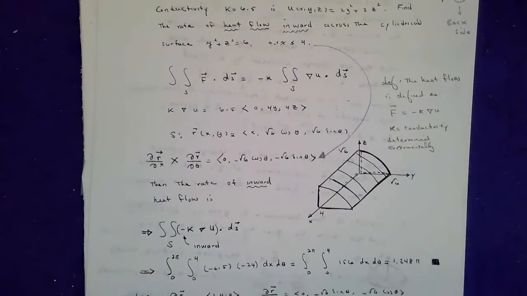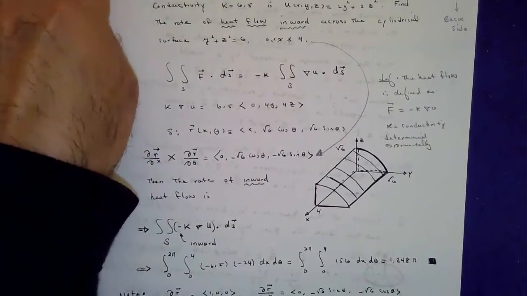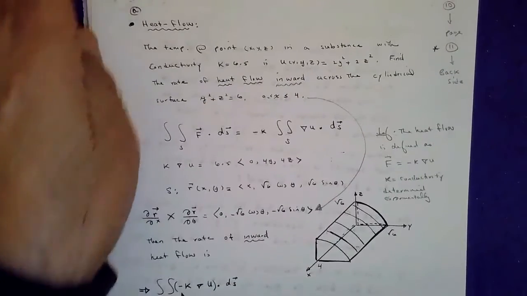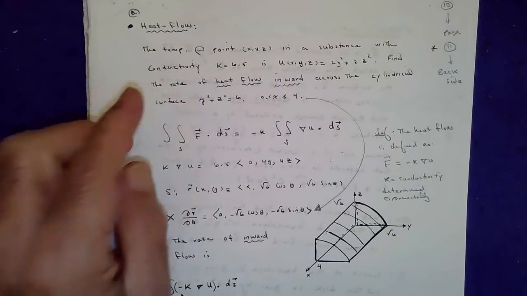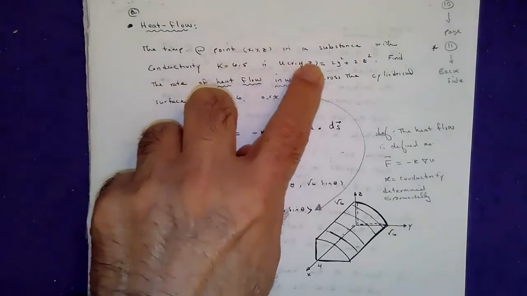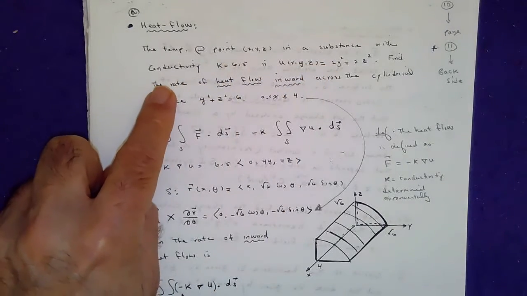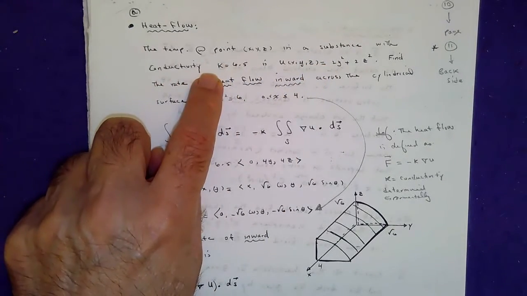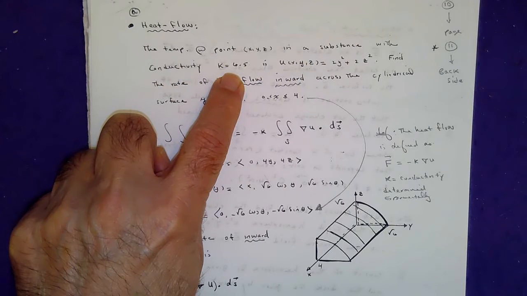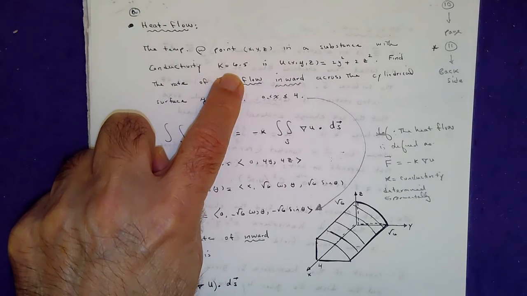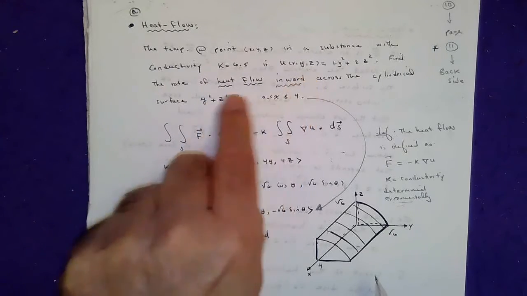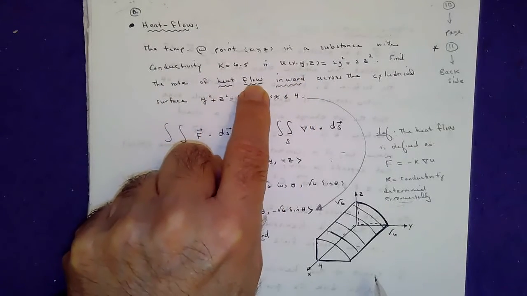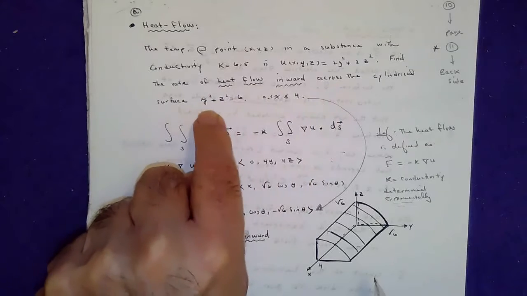You all see it? So, a quick example, an application of surface integral over a vector field. It shows up in heat transfer classes. So here's the temperature at any given point in a substance, with conductivity K equal to 6.5. That's just a constant. It's determined experimentally. Here's the temperature. Find the rate of the heat flow inwards across the cylinder